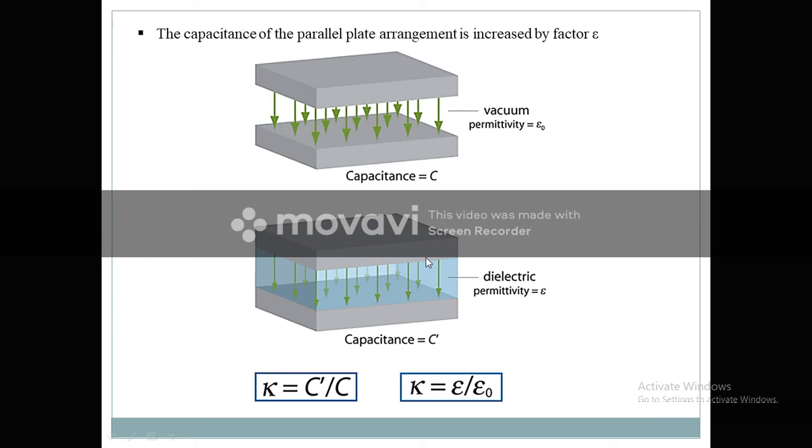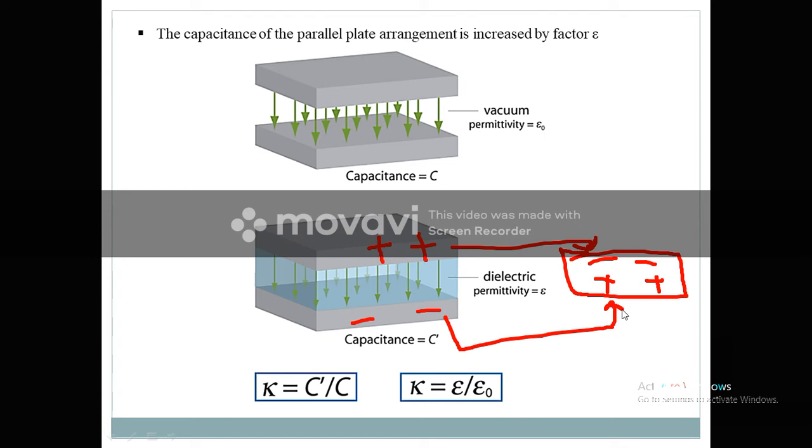So when a dielectric material is placed in between these plates, for example this is a positively charged plate and this is a negatively charged plate, it will polarize like that. The positive plate will attract the negative charges of the dielectric material, while the negative plate will attract the positive charges. And its permittivity is epsilon r. Okay, if the epsilon r is greater than 1, whereas vacuum has the absolute value of 1.